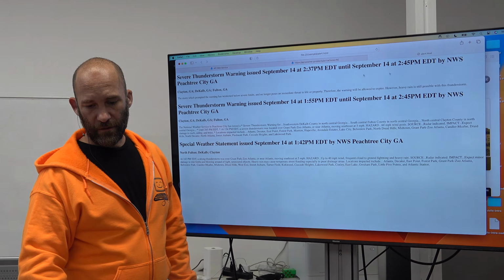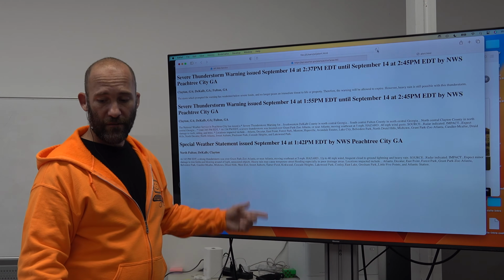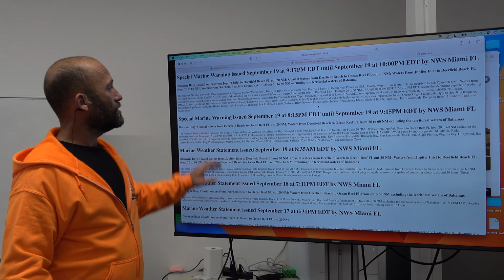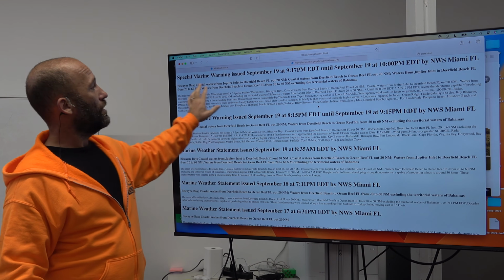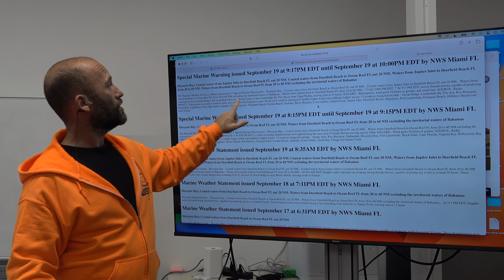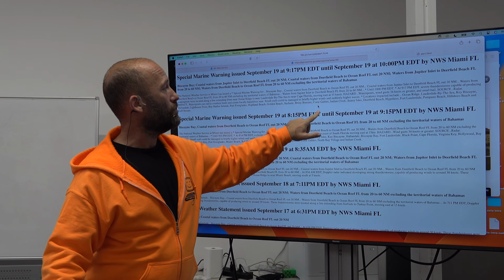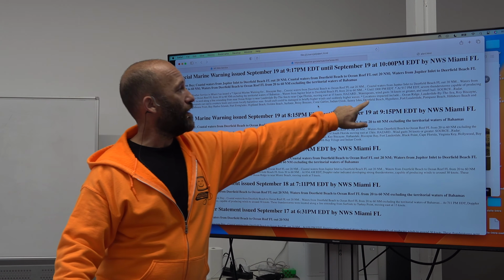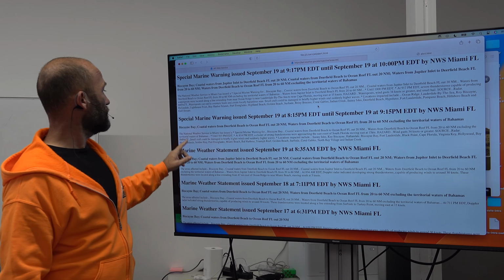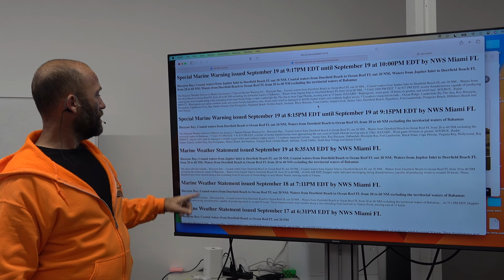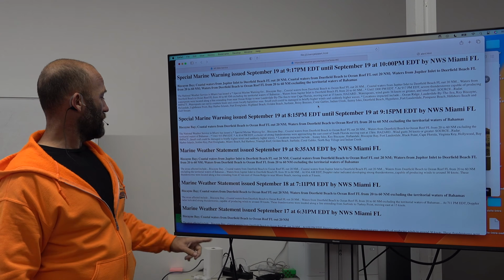If I go over and do a refresh of the alert.html, we can see these different 5 alerts. Special marine warning issued. All these different areas, National Weather Service, coastal waters, and so on. Water spouts, wind gusts 35 knots or higher, small hail, source of radar, special marine weather statement, and all of